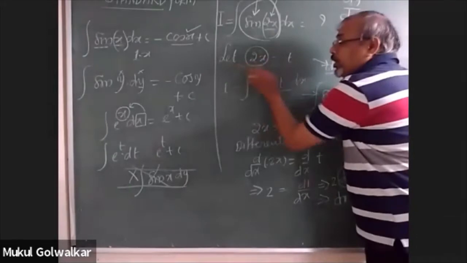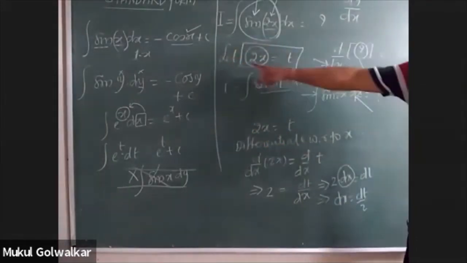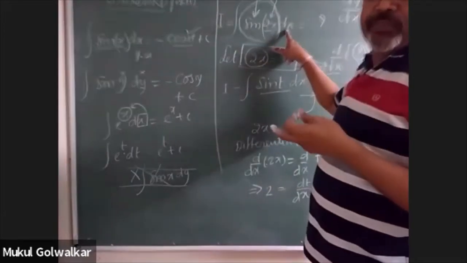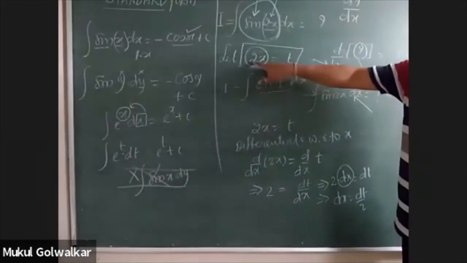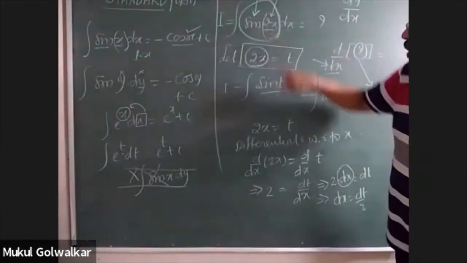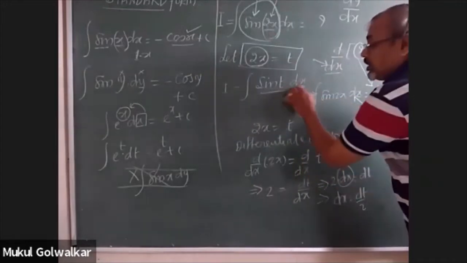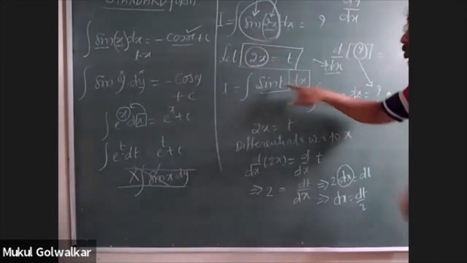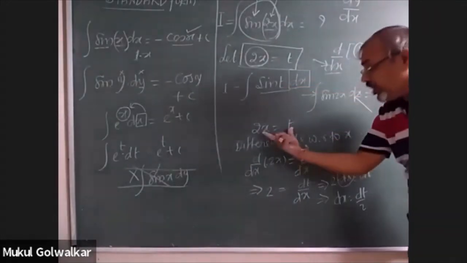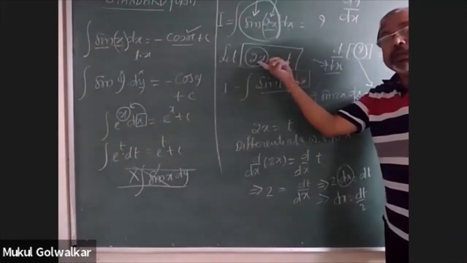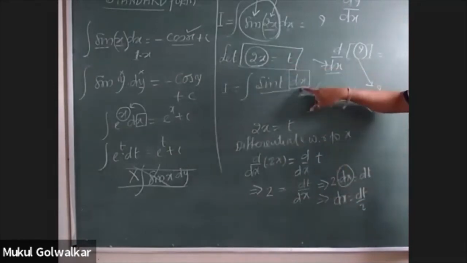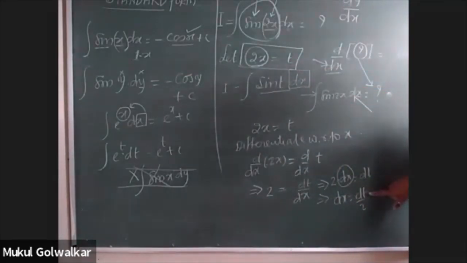If we follow this substitution, dx has the meaning of change in the variable x. We substituted 2x is equal to t and converted the original function to sin t, and now this change in x also should be calculated in terms of variable t. So by differentiating the given substitution, we calculate the rate of change of x in terms of variable t. So dx comes out equal to dt by 2.